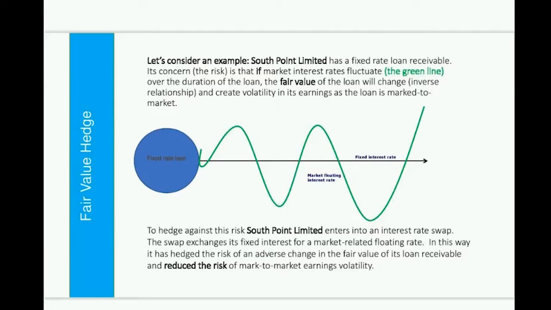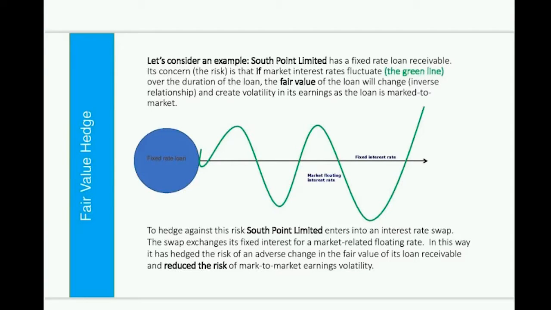In terms of an interest rate swap, you would then exchange the fixed interest, which is what you're entitled to under the existing contract, and you could swap that for a floating rate. So you would go to a bank and say, I'm entitled to receive 5% fixed interest over the next 5 years. What is the pricing that you would give me on a floating rate over the same duration? And they might give you a floating rate in exchange for your fixed rate. Obviously, you'd probably need to pay a premium to enter into the swap, but effectively, you now become exposed to the market rate from the bank, and you still receive your fixed rate from the counterparty on the original loan.